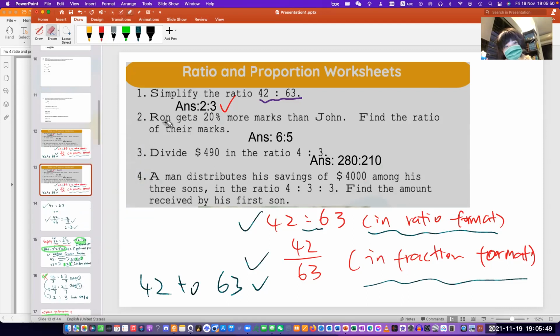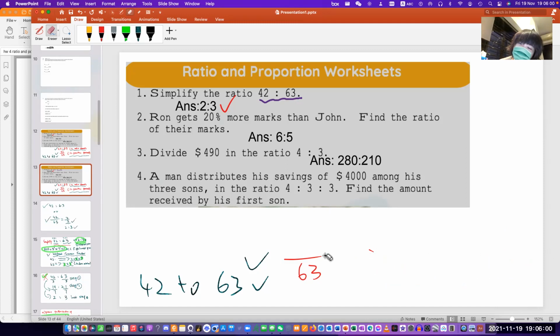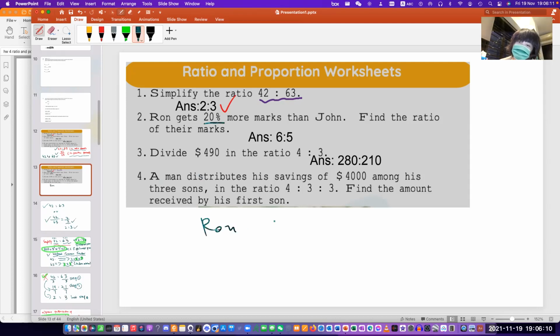Question 2, it says Ron gets 20% more marks than John. So find the ratio of their marks. So over here, it involves ratio and of course percentage. Okay, so for percentage, I hope you still remember how you do percentage. So over here, what it says is Ron gets 20% more marks than John. So if John